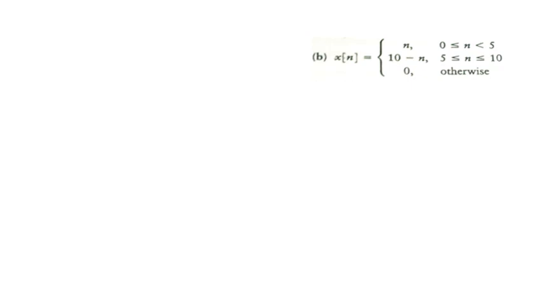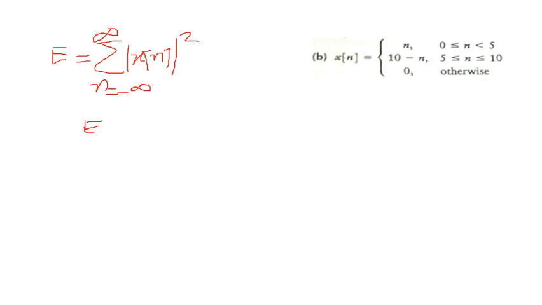Okay, so the second problem is this one. I just write a few lines, hopefully you can do it by yourself, right? So let's find the energy for this signal. You know E equals the summation, n running from minus infinity up to infinity, of x[n] whole square, right? So that means E equals